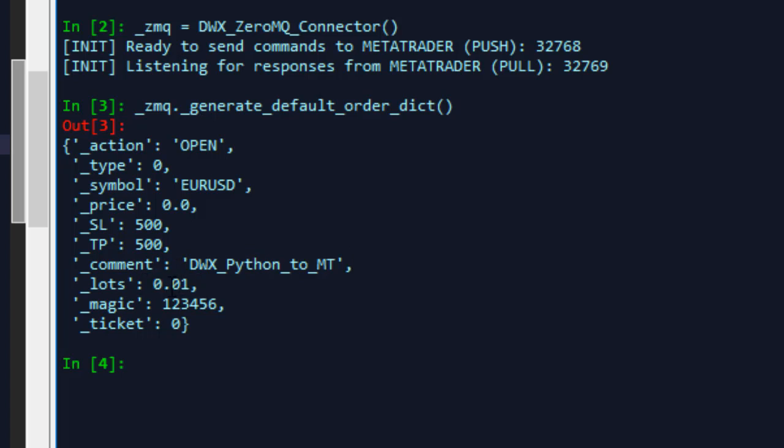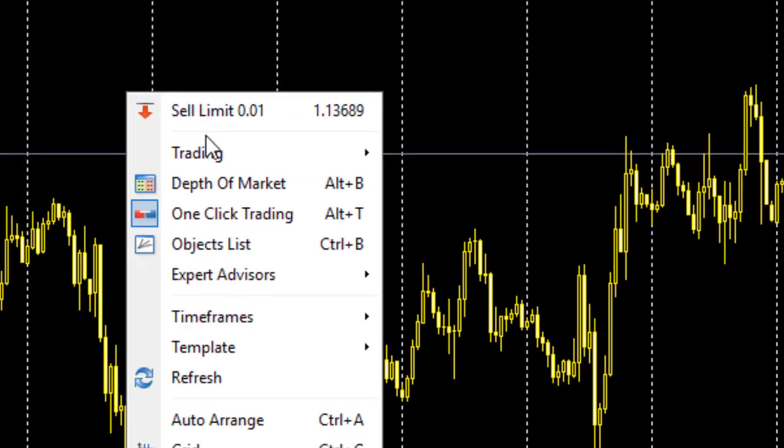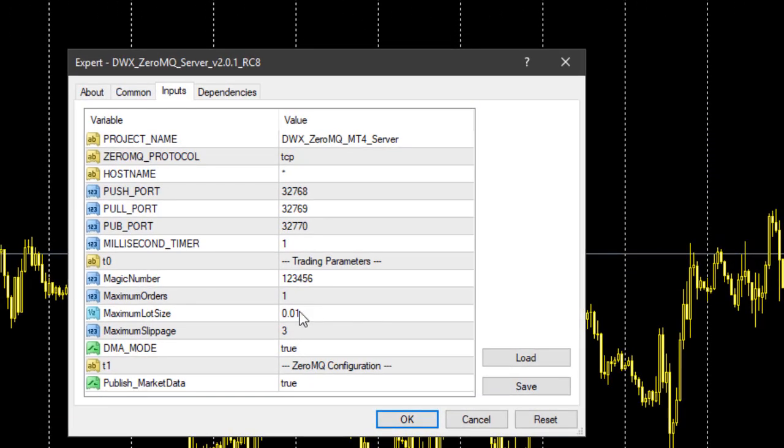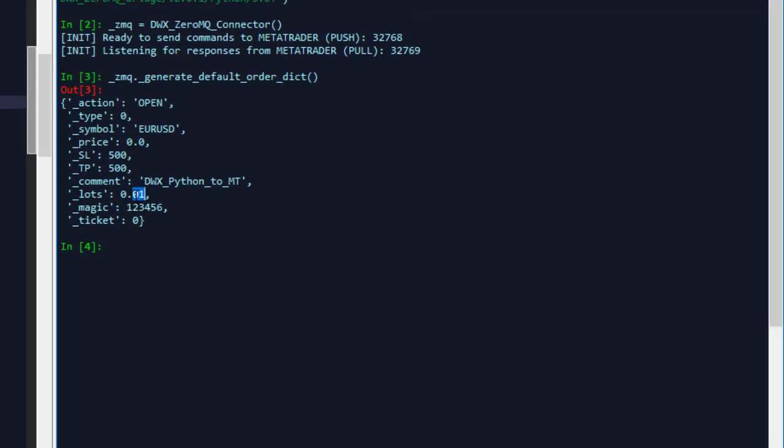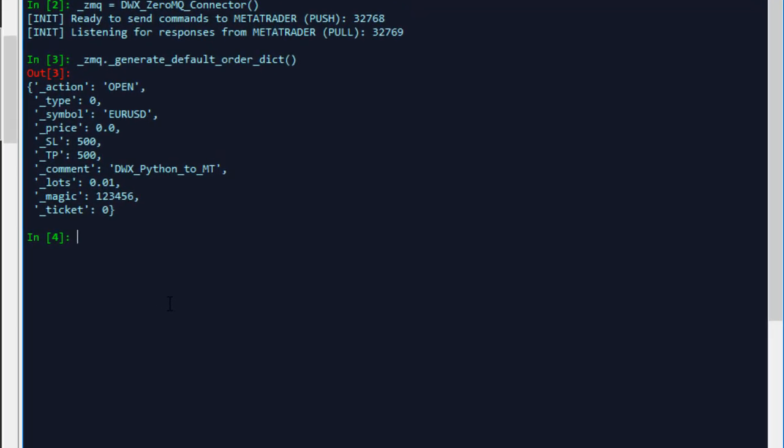Now remember, this is 0.01 in this default order dictionary, and you know that in the MetaTrader expert advisor settings, we've also set our max lot size to 0.01. So MetaTrader will not execute a trade if you send it a lot size greater than 0.01. So for sake of demonstration, we'll stick to 0.01, which is 1 micro lot,